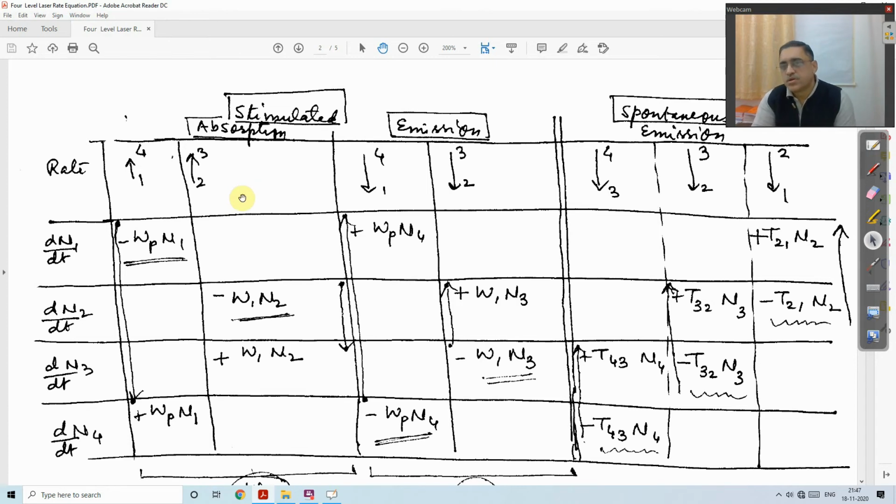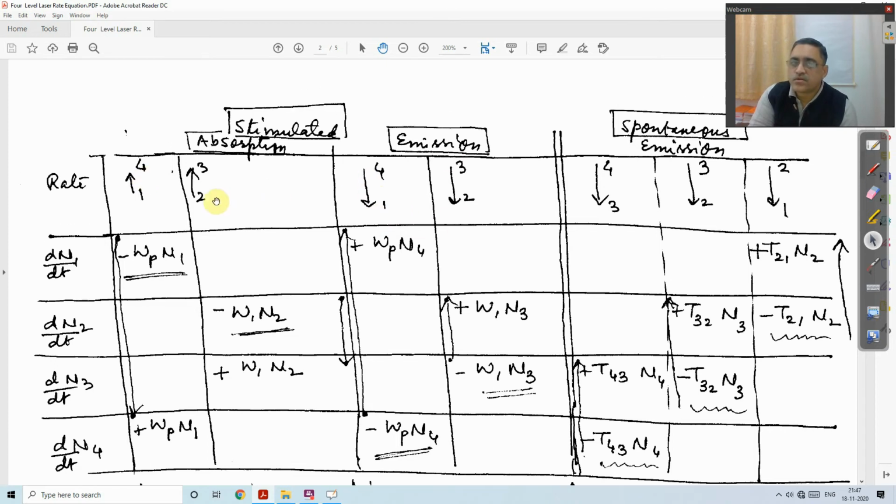It is also spontaneous because the difference between 1 and 2 is very small. So as absorption, we have the other way, the down train also, the up train and the down train: 1 to 4, 4 to 1, 2 to 3 and 3 to 2. Rest, we choose the material such that the difference between 3 and 4 is less, the difference between 1 and 2 is less, so that a spontaneous process takes place.